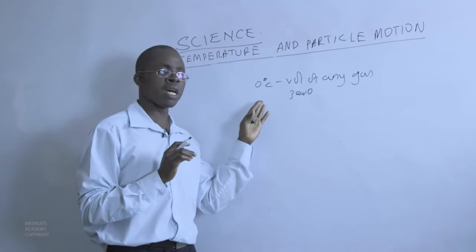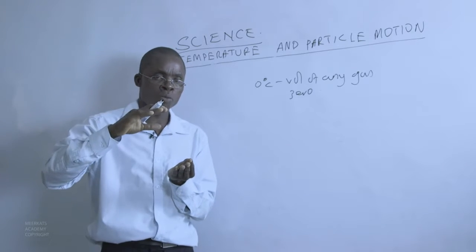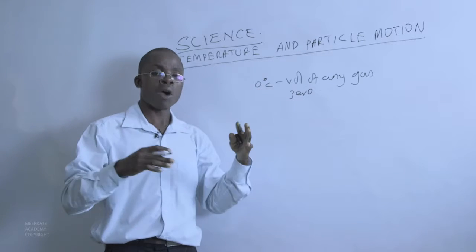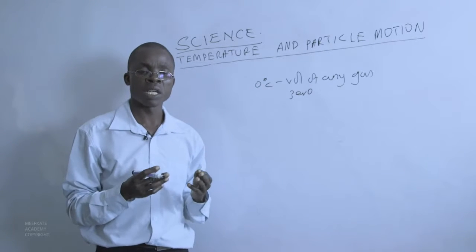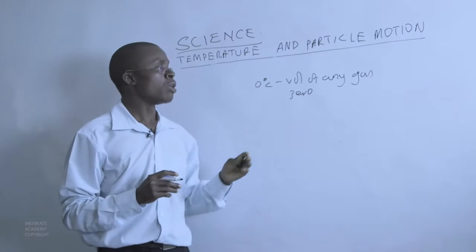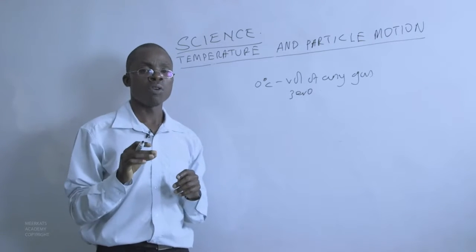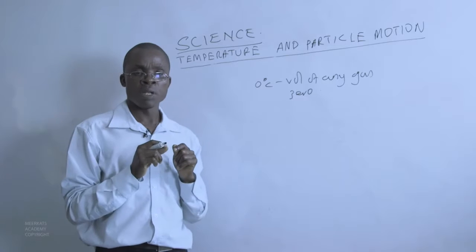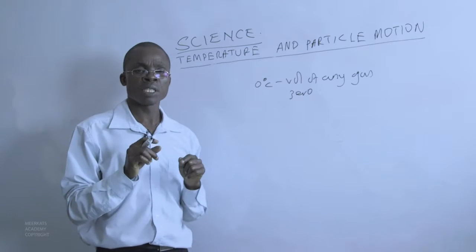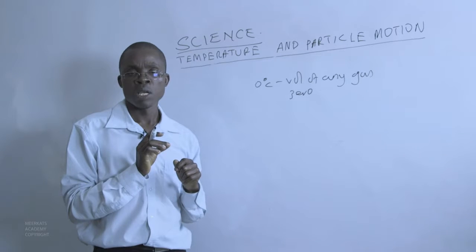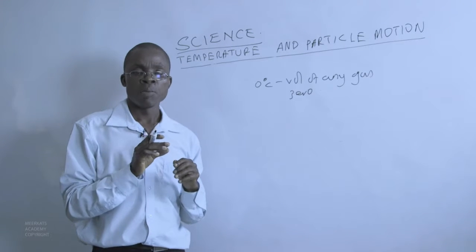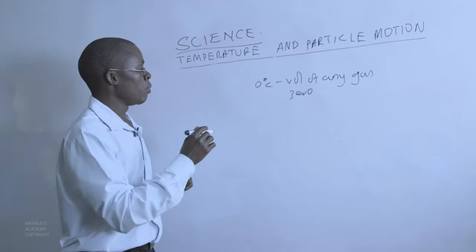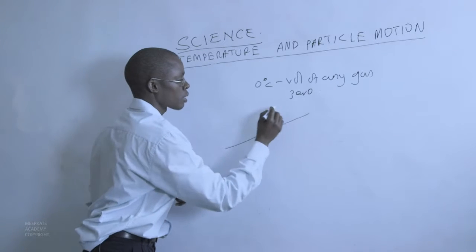So the only thing you will have done here is reduce the volume of this gas by going to 0 degrees centigrade from our normal temperature of 25 degrees centigrade, which is called room temperature. You will only reduce the volume of a gas, but it will not go to zero. But Lord Kelvin really wanted a point where gases can achieve a zero volume. Then he had to look at it by creating another scale, what we call the Kelvin scale, which can be represented as